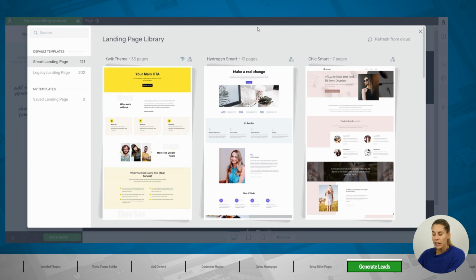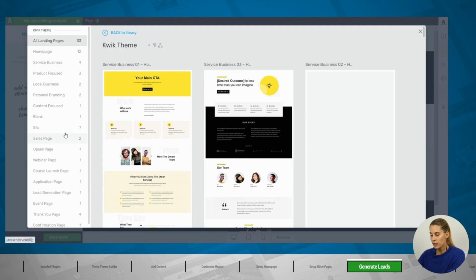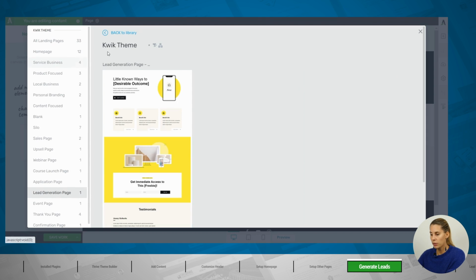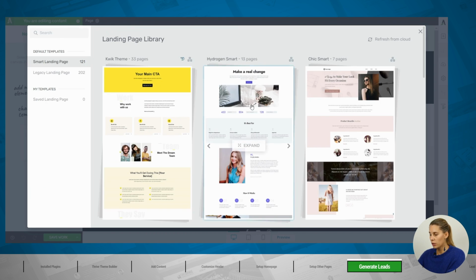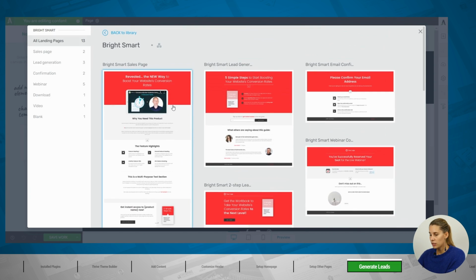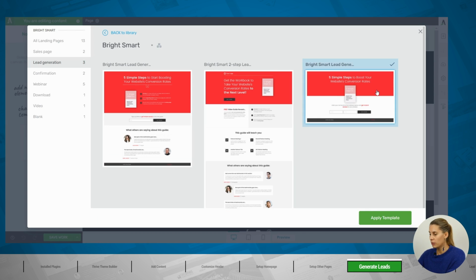If you want to go with a page that matches your website, then click on the first landing page set, which will say your theme, so Shapeshift theme, Omni theme, Quick theme. And then you will be able to select a landing page from here. So here we have a lead generation landing page, for example. Or if you want to go with one of the other landing pages, you can select one of the landing page sets, and then see in here, we have several lead generation pages. So for this tutorial, I will go with a simple lead generation landing page, and I will select this one